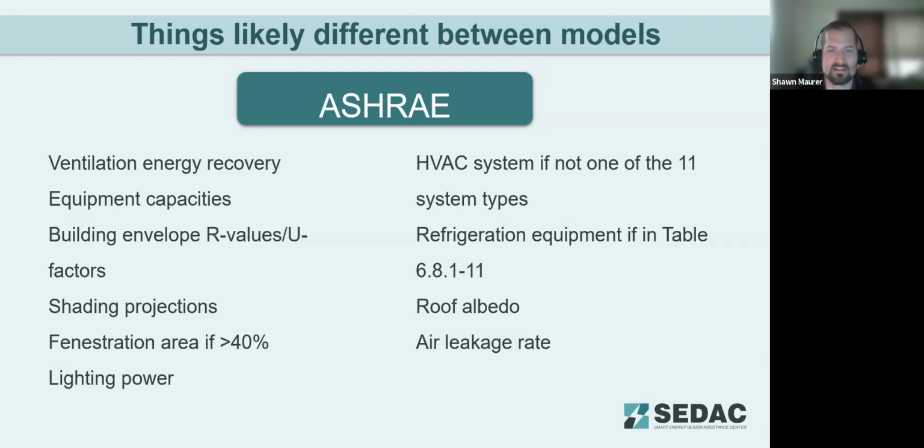Lighting power densities will be different. The HVAC system type, similar to the IECC. Here we're calling out that refrigeration equipment again. If it's not in that table 6.8.1-11, then they will be different between the models. Otherwise, they will be the same. Roof albedo, the darkness or brightness of the roof will be different between the models. ASHRAE lets you account for that